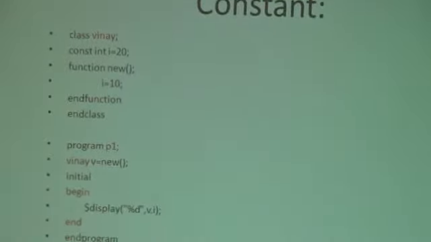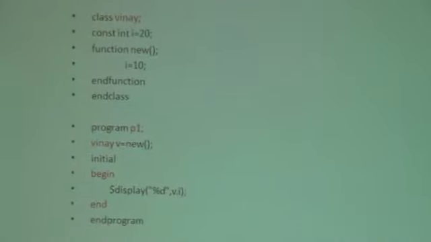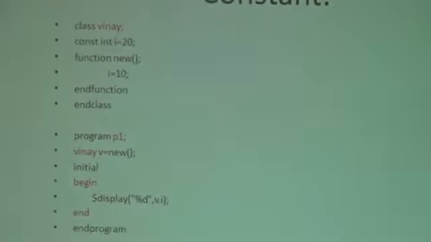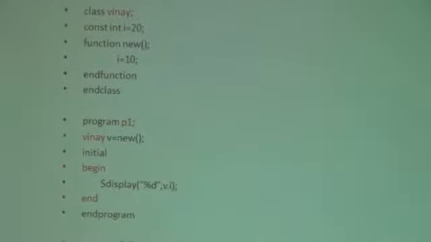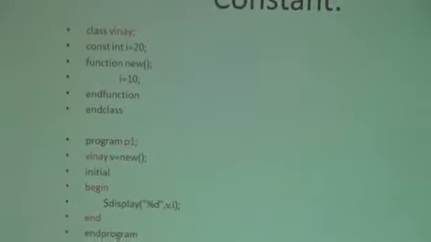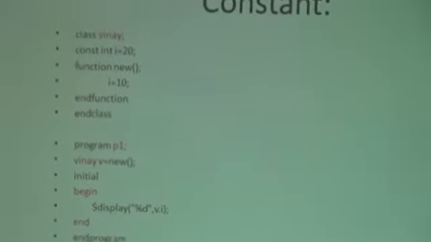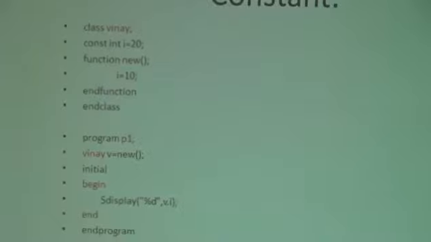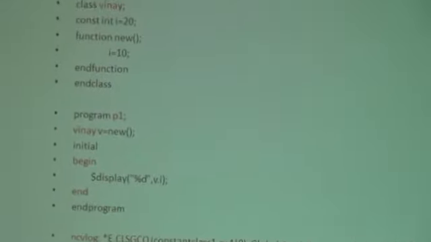Now in this class when I have one constant I equal, which is a global constant. In the function at runtime I try to assign the value I is equal to 10. That means I am trying to change it. We will check what will happen. In program block P1 I create an object for it. In initial begin I write $display v.i, since v is the object of when I, and I am going to access my value of I. End program. I have got the error as below.